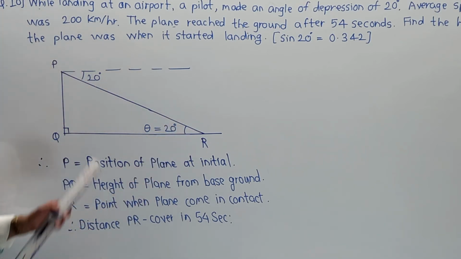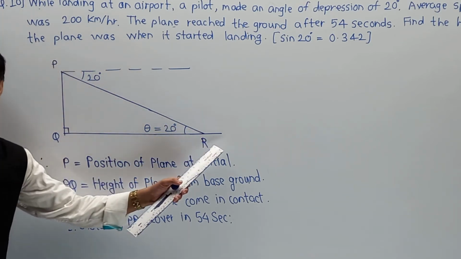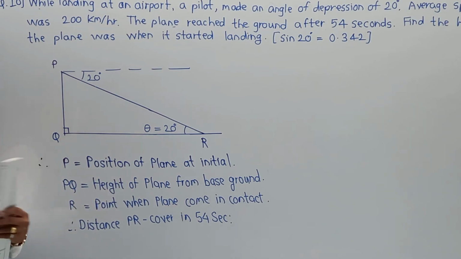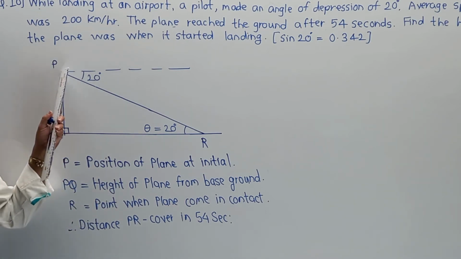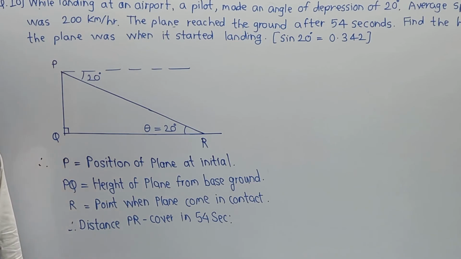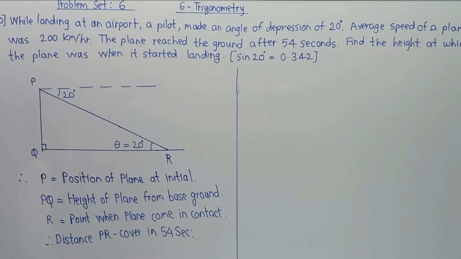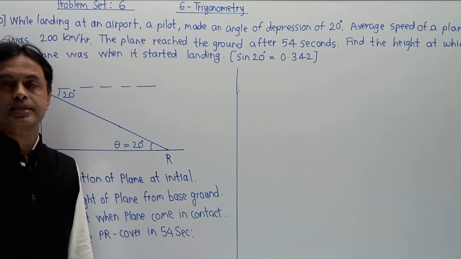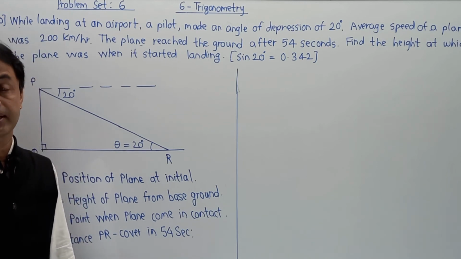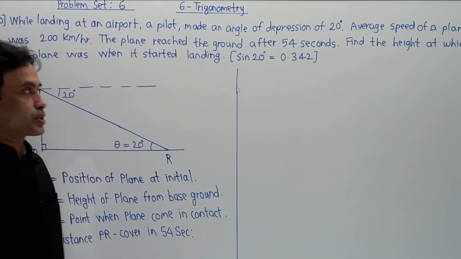Now the main part is that they have not mentioned any distance that we are supposed to calculate, but the time required from P to R is 54 seconds. It is a time, speed, distance type of numerical. Now student, here we are going to use the formula distance is equal to speed into time, but there is some part taken into consideration.